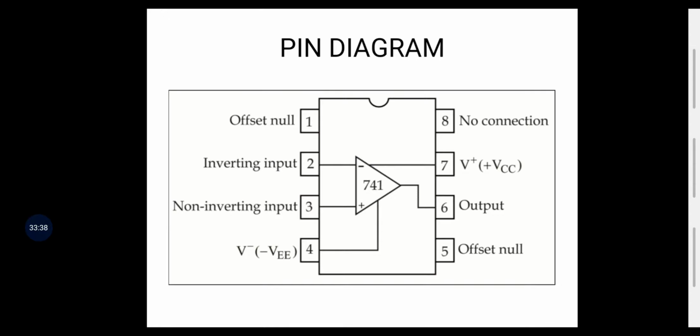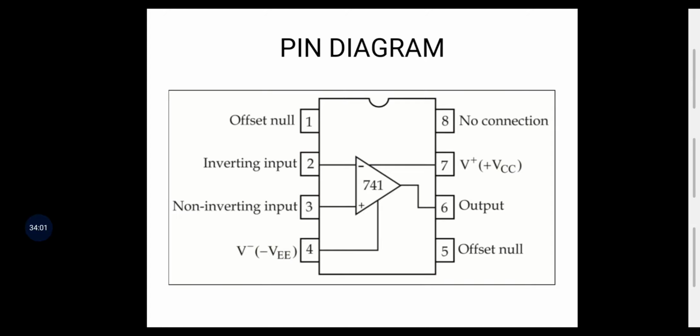From that small circle we count the numbers from up to down, again down to up: 1, 2, 3, 4, 5, 6, 7, 8. So this is an 8 pin dual in line package IC. Here the first pin